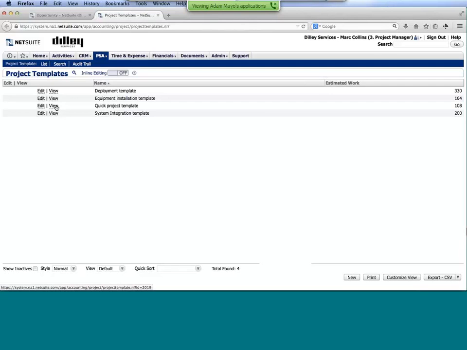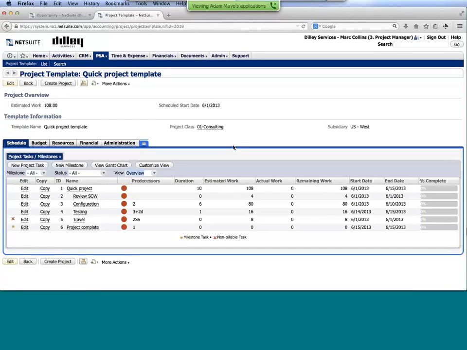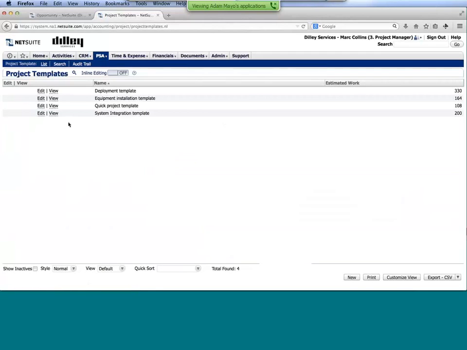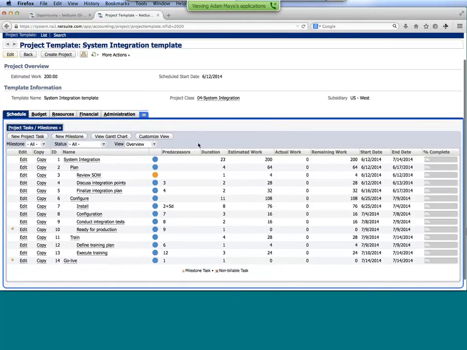If I were to click on this quick project template here as an example, this one's going to have a very basic work breakdown structure. If I were to change my view here and say, let's look at the overall view, there's a few tasks on it. That's it. There's other attributes that we'll have stored there. Or let's say we're going to go in and do more of an integration type project. I'll click on this template, the system integration template, where we can view some of those details. And again, you're able to see this one does have a much more built out work breakdown structure, multiple phases and tasks, predecessor relationships that we're going to be identifying within here. And so I might be using this as a starting point.